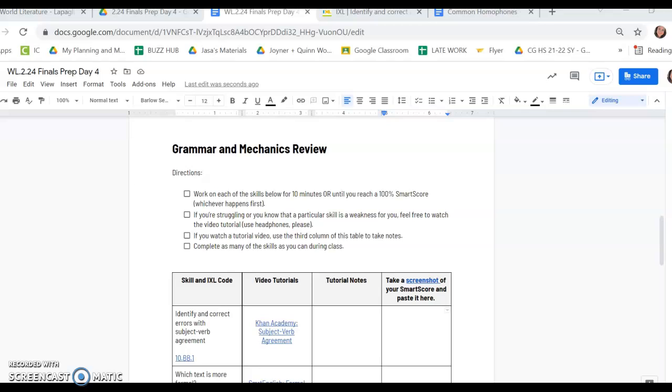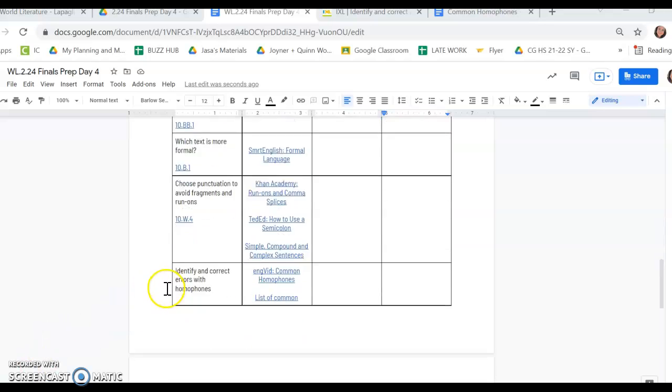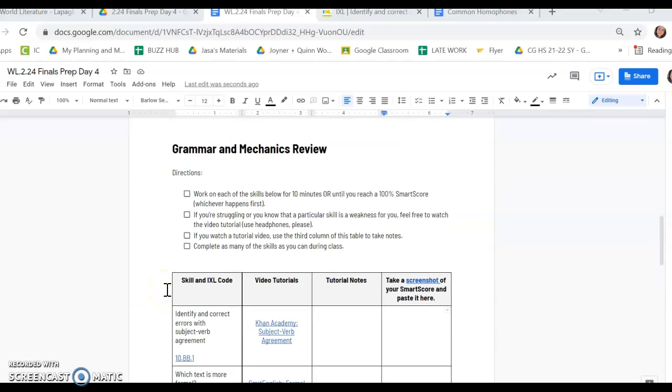For today, we'll be working on some of the grammatical and mechanical skills that you'll be tested on when you take your final next week. You have 4 skills in this table that we'll be focusing on. Work on each of those skills for either 10 minutes or until you reach a 100% SMART score, whichever happens